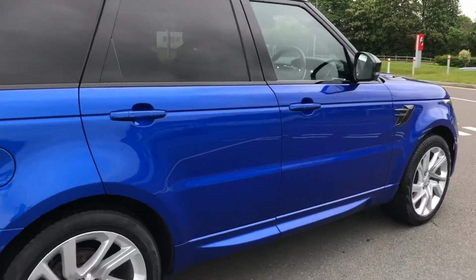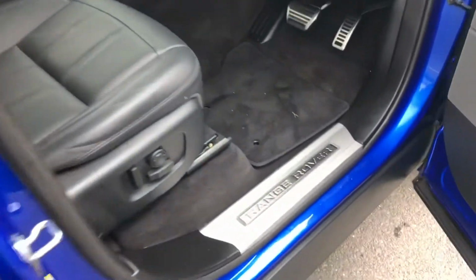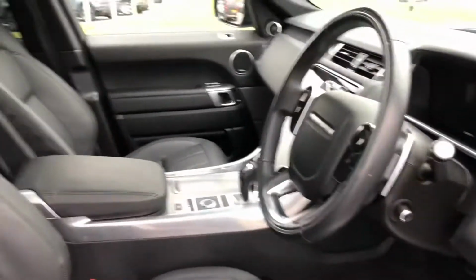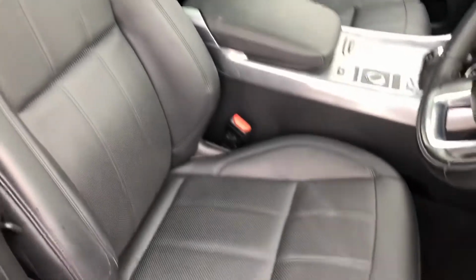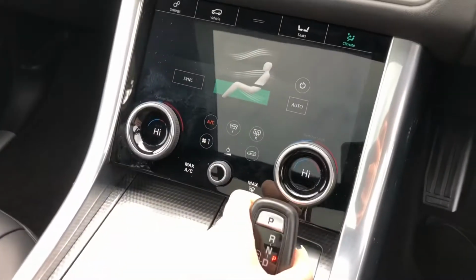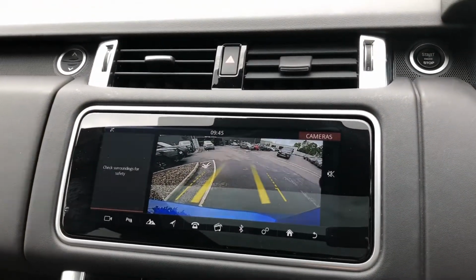And going round and into the front, you also have keyless entry, illuminated Range Rover script tread plates, and a lovely ebony leather interior, which is easy to clean. A sliding panoramic roof, which is really nice on a sunny day to open, or just if you want some fresh air. If I put the car into reverse, you'll see you have a rear view camera, making parking and